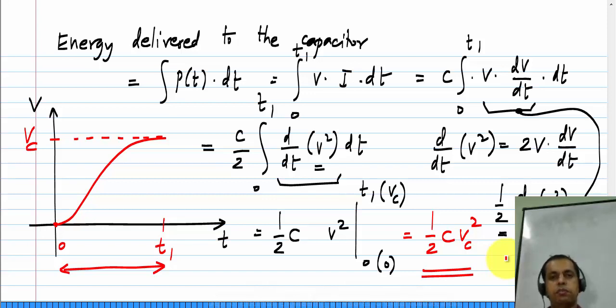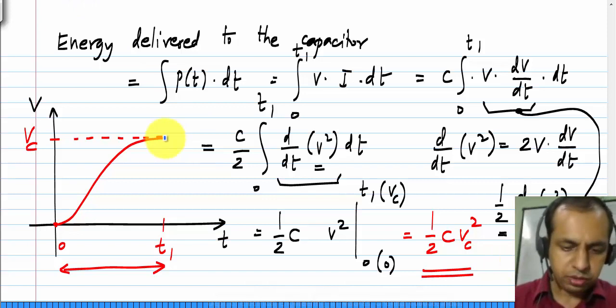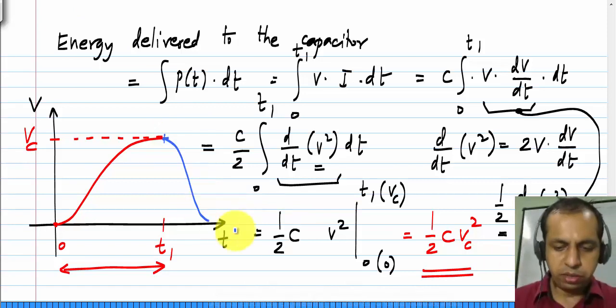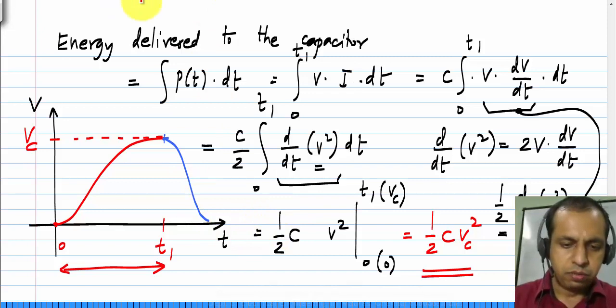Of course, this gives you the formula for the capacitor's energy when its voltage is Vc, because if the capacitor's voltage is Vc, you can imagine that it is taken from 0 to Vc in some way. It doesn't matter how you take it. Okay. So if you do that, you have delivered an energy of half C Vc squared to the capacitor, and this energy half C Vc squared will be stored in the capacitor, because if you now take it back to 0,